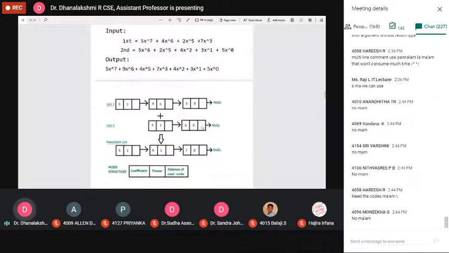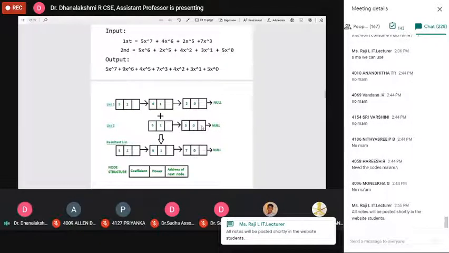Already I told you we are going to perform addition, subtraction, multiplication. Then, as usual, we are going to display all the elements in that polynomial list. Before that, by default, you first have to create a node, then insert, with memory allocation. So that is 5 routines: first create, insert a node, then perform the operations one by one: addition, subtraction, multiplication, and display.